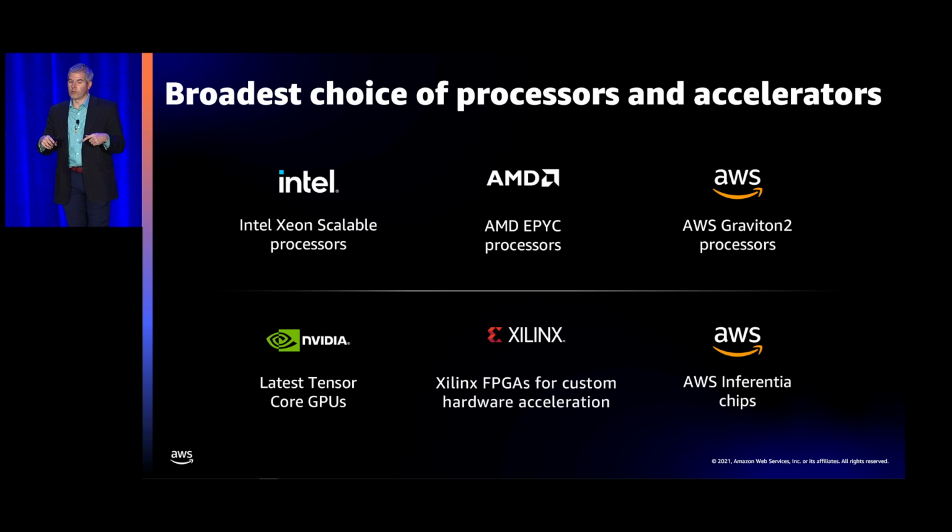That effort continues with Graviton 3, and I'll get to that a little bit later in our conversation. But aside from just a CPU conversation here, we offer a wide range of hardware accelerators. So hardware accelerators range from our GPU instances that we offer through NVIDIA, so the latest Tensor GPUs, which we just talked about, G5, the G5 family in the last couple of weeks here. We have FPGAs from Xilinx and our own Inferentia platform. So as you can see, there's a lot to choose here based upon what your workloads are that you would like to bring here to the cloud.